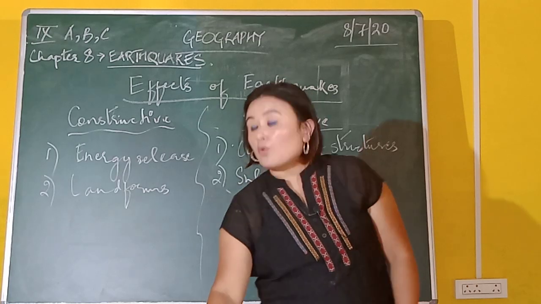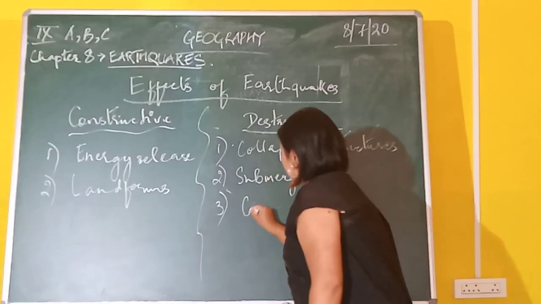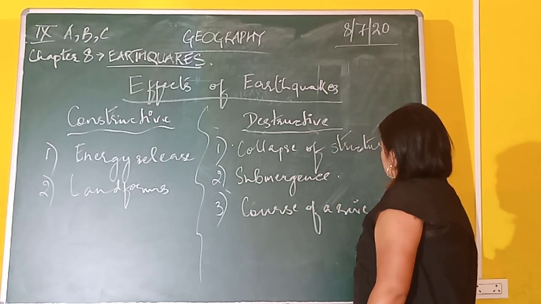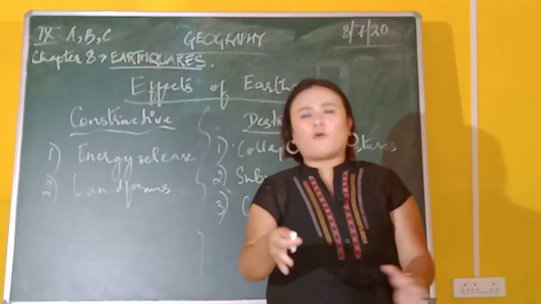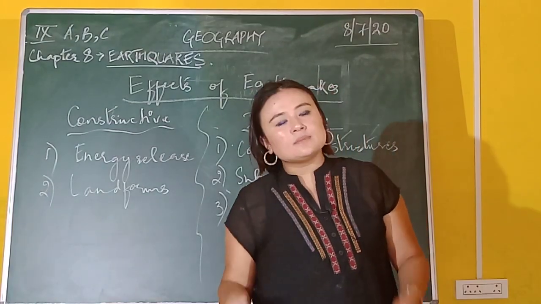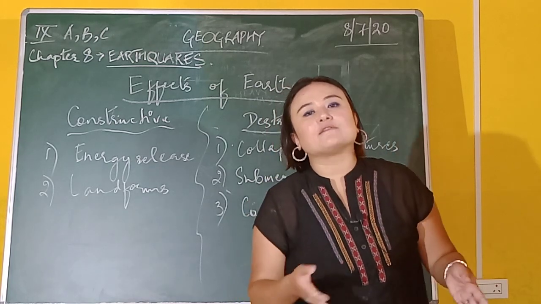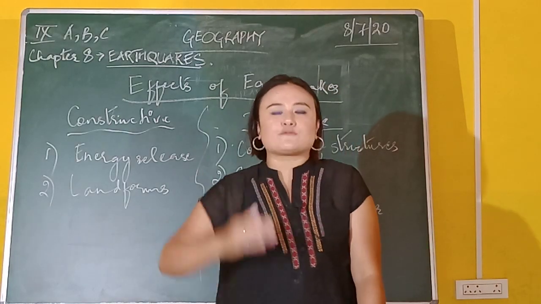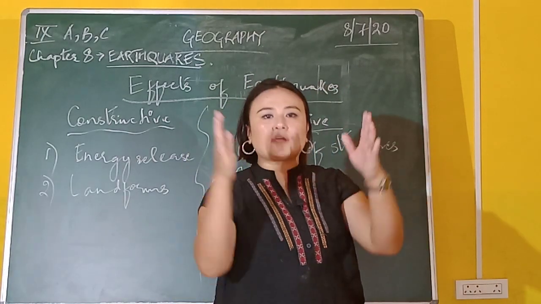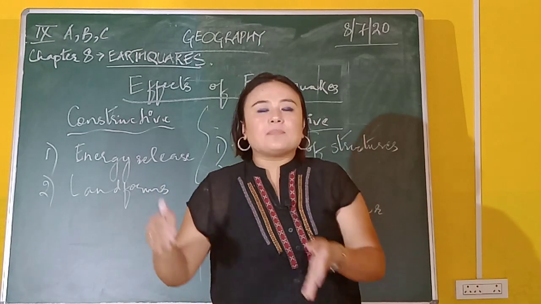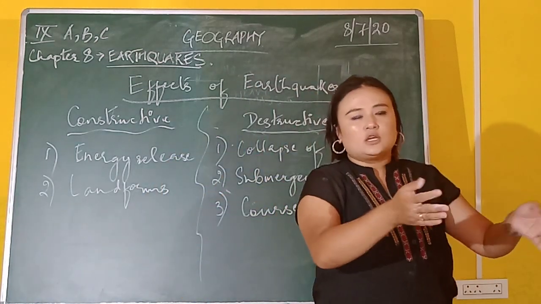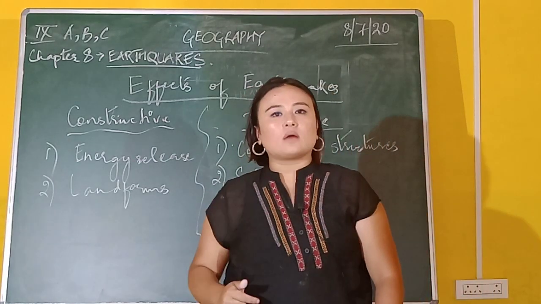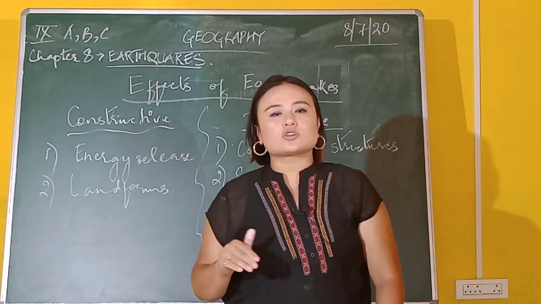Now the third one, course of a river. Course basically means the path that the river is following while it is flowing. Sometimes the course of the river is basically getting diverted by an earthquake. For example, an earthquake has hit a region. There's a landslide that's followed by an earthquake. That landslide is blocking that river, creating a natural dam, and basically forcing the river to change its course. So it is bringing about flood in the other region. Flood, landslides, automatically all are associated with destruction and devastation.